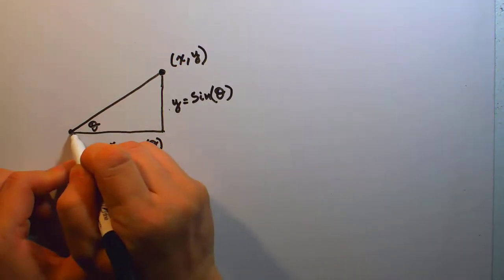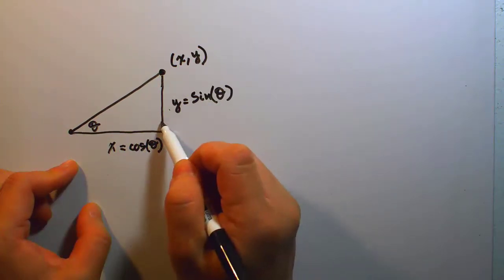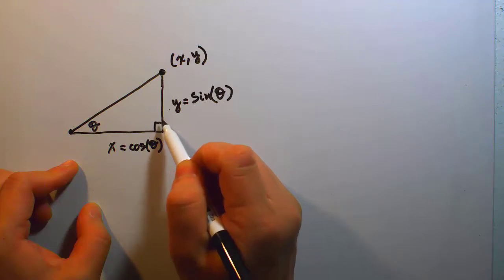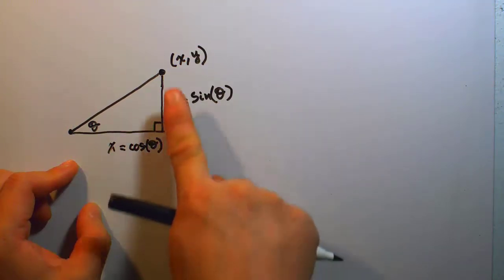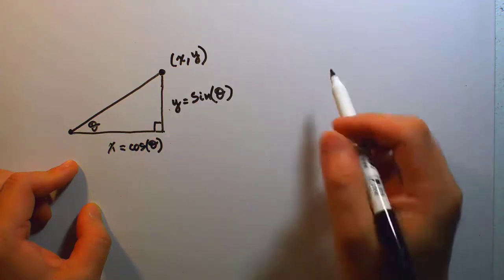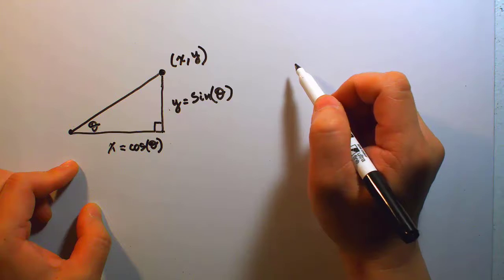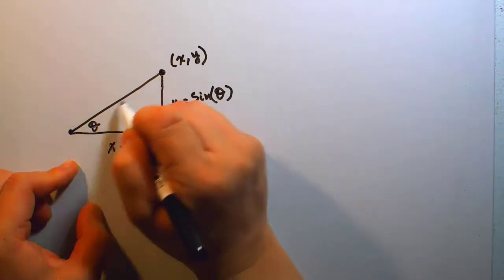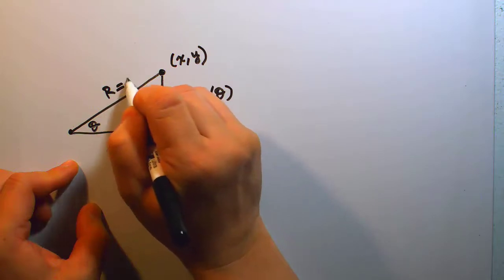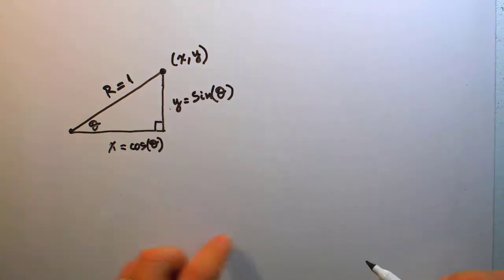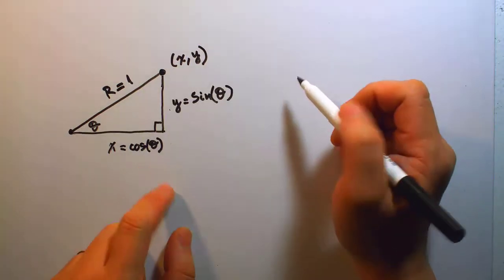But in the end, the reason I took this triangle out of the unit circle is because I want everybody to have one good focus on the picture here. But once again, what we have here is a right triangle. And so the Pythagorean theorem has always been stating that. And by the way, the hypotenuse here is the radius of the unit circle, and that equals 1. So now back to what I was about to say, according to the Pythagorean theorem, we're looking at